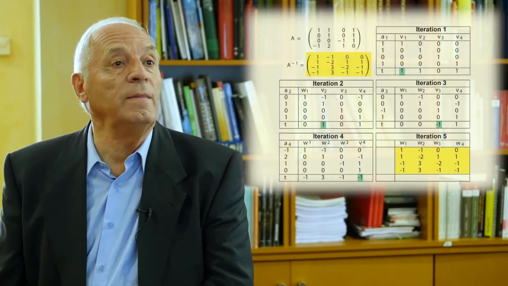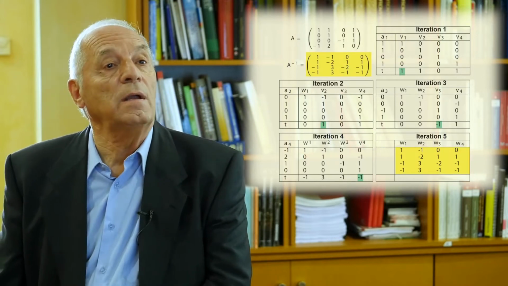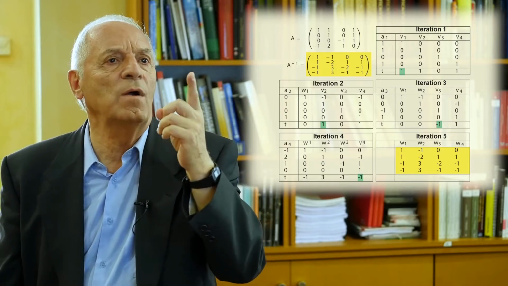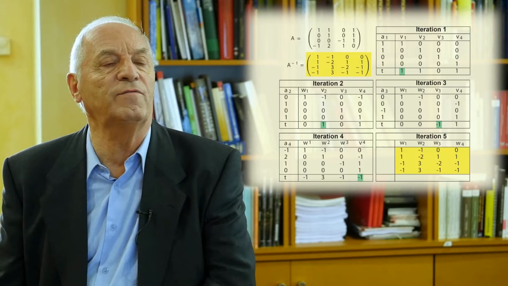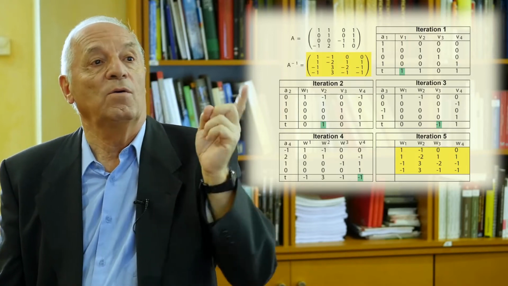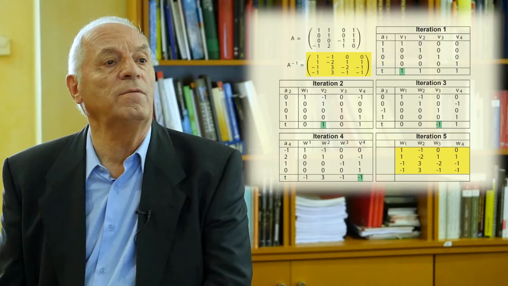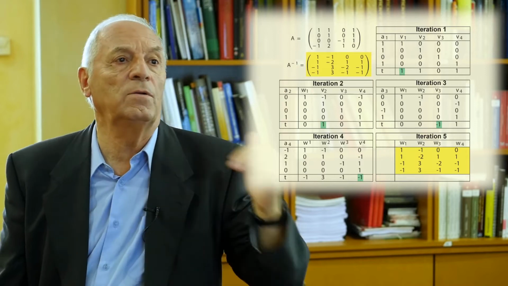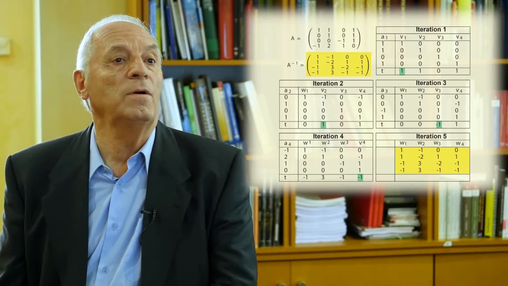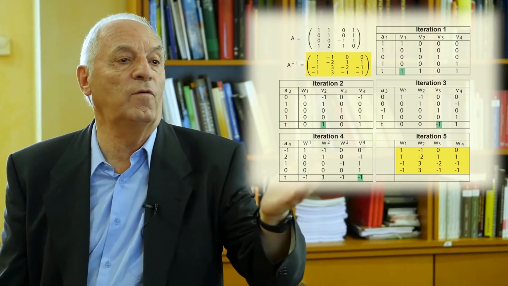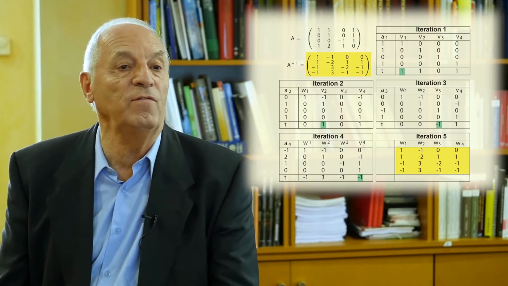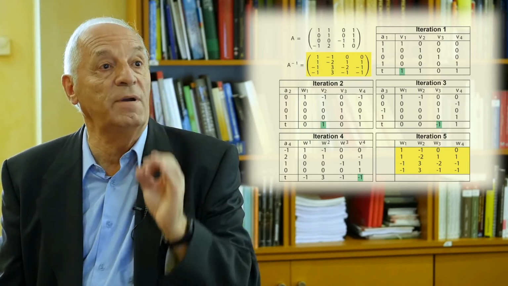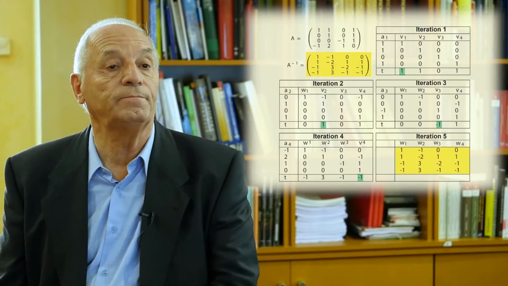For example, consider the matrix A that is there. Let's see how we can obtain the inverse of this matrix. We consider the first row, 1, 1, 0, 1. We put it in A1 in the first iteration, and then we pivot. We take next the second row, 0, 1, 0, 1, and put it in iteration 2, and we pivot. Then we include the third row, 0, 0, minus 1, 1, and we pivot, and then the fourth one. And finally, after pivoting in iteration 5, we get a matrix in yellow color, which is the inverse of matrix A, as is written there.